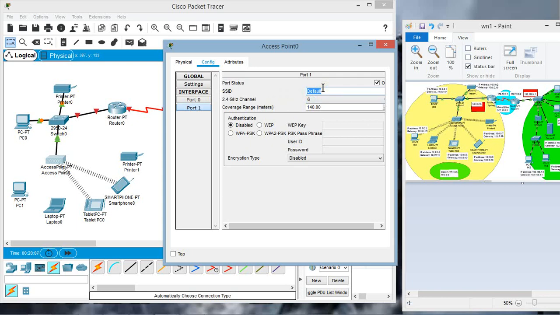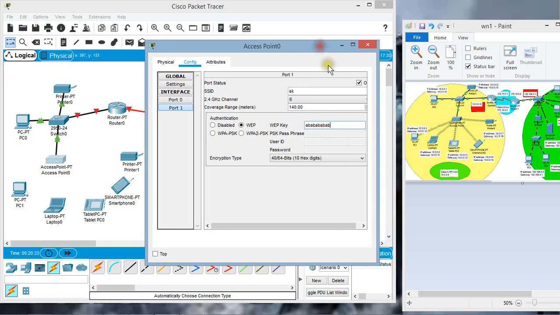Let's say the SSID for this access point is SK, and the WEP key required for 64-bit encryption type is 10 hexadecimal digits. Let's take 10 hexadecimal digits as AB AB AB AB and AB. 5 pairs of AB will become 10 hexadecimal digits. This access point is already enabled. You can see the port status is on.